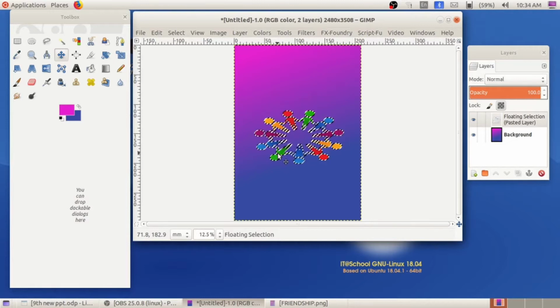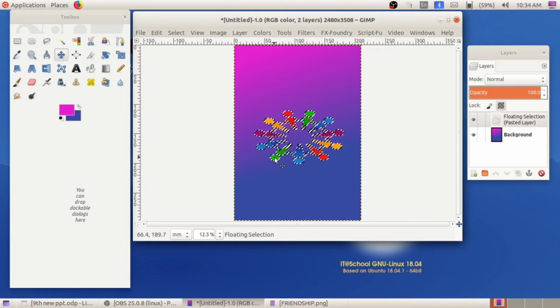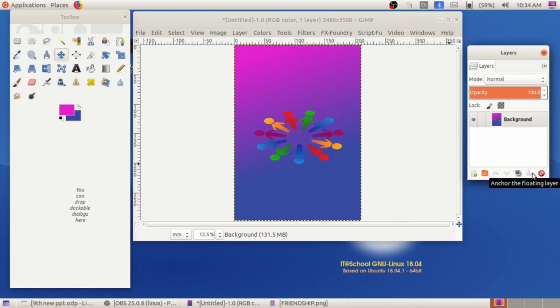Okay. Then next again move this Move tool. Here you can see the ship sailor symbol, or in the layer palette click on this corresponding symbol, anchor tool, in order to fix this image into this canvas. So this is the use of anchor tool and Move tool. Then Scale tool to resize the image.